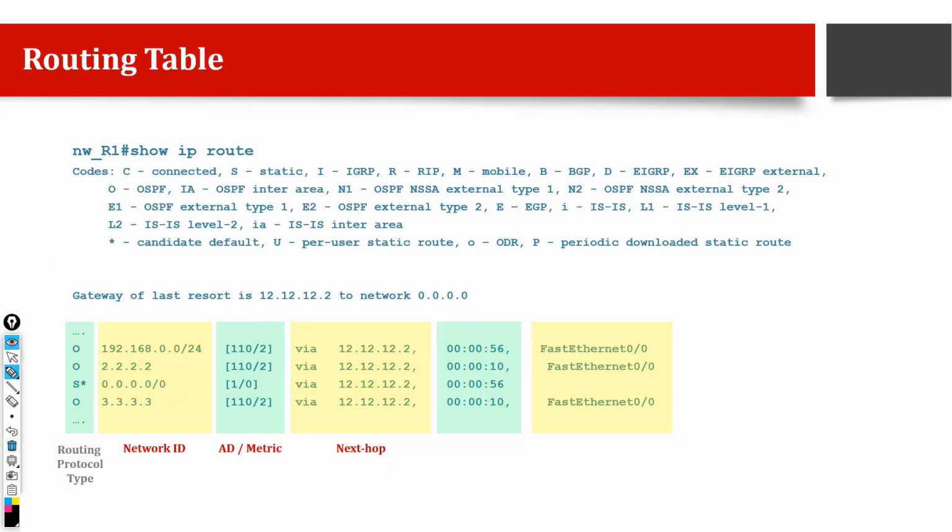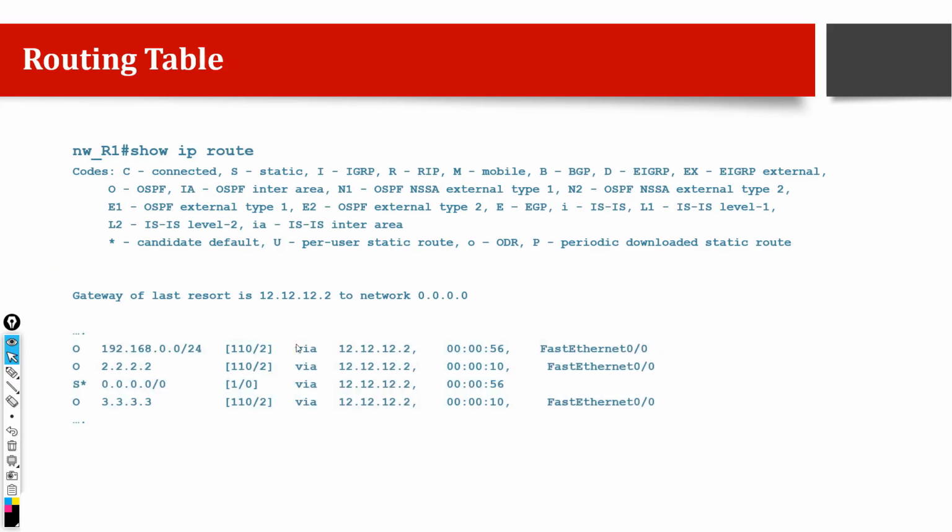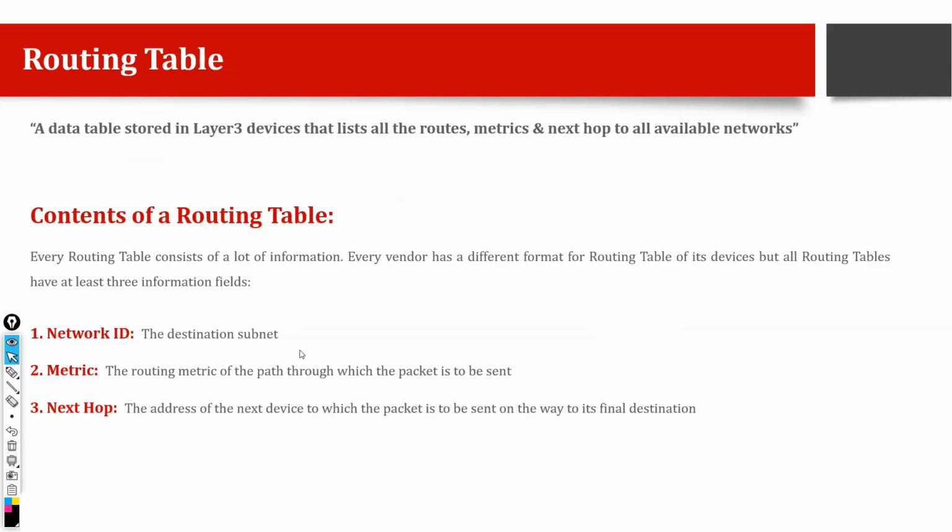So this is basically all about the routing table and how to read the routing table within a router. We need to go to the CLI and then run the relevant